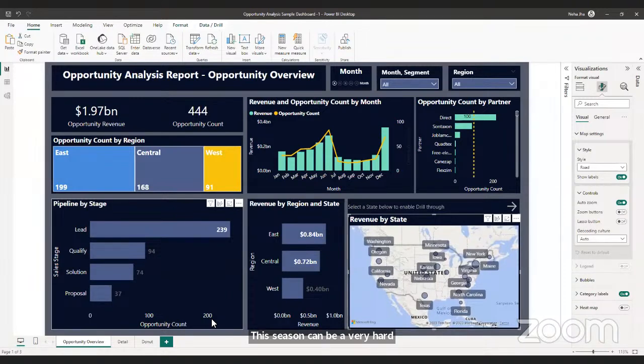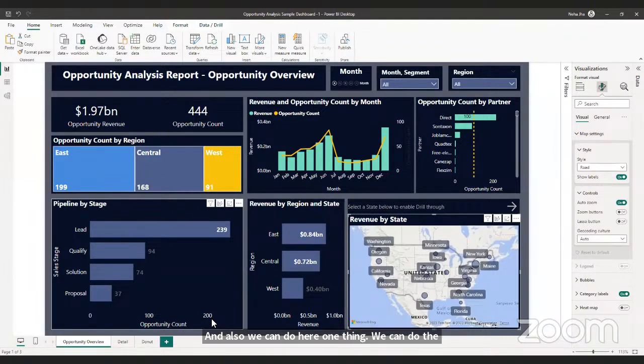We are also noticing that from the west region we are getting very few opportunities, but from the east and central we are getting a good number of opportunities. So why don't we go ahead and close all the stores in the west and increase the stores in the east and central? And we can also do one more thing: we can do the analysis in the west